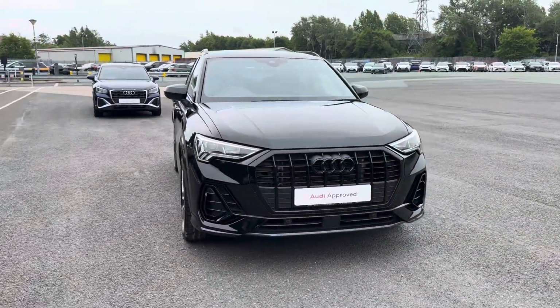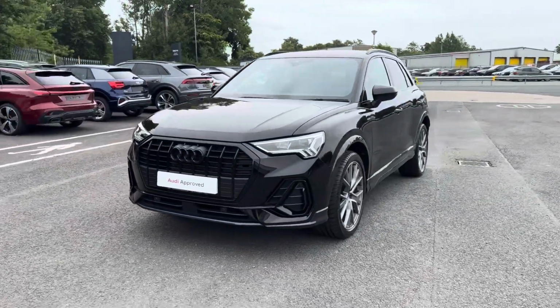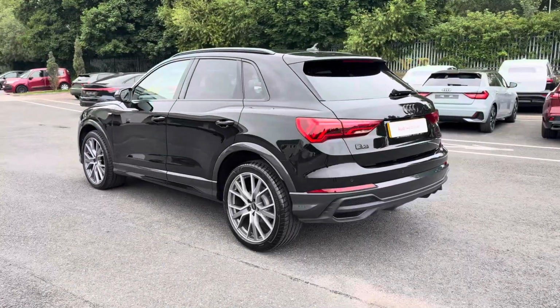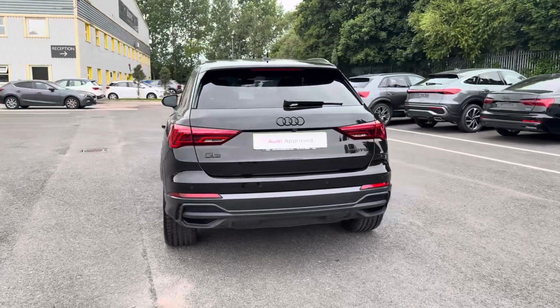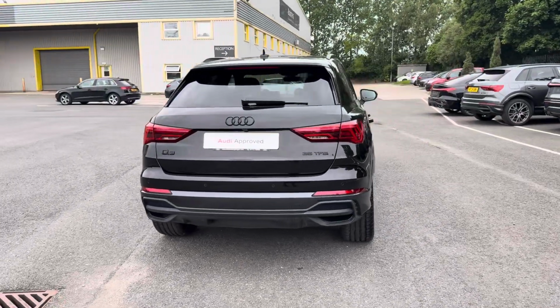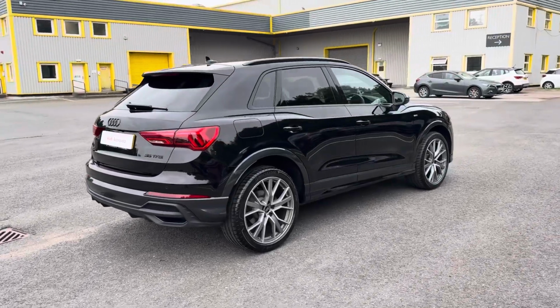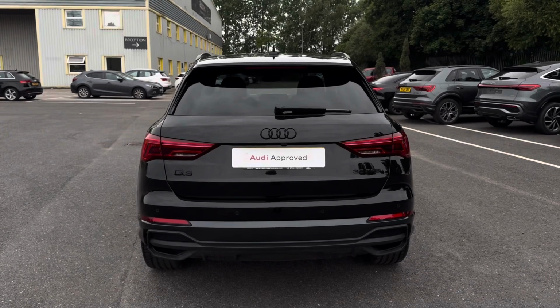Today I'll be talking about this approved used Audi Q3 Black Edition S-Tronic finished in the modern Mythos Black metallic paintwork. This 2024 model comes with a petrol engine with 150 PS and automatic transmission, ideal for those wanting to cover extra miles. The top features include the striking LED headlights paired with dynamic rear indicators for great visibility,